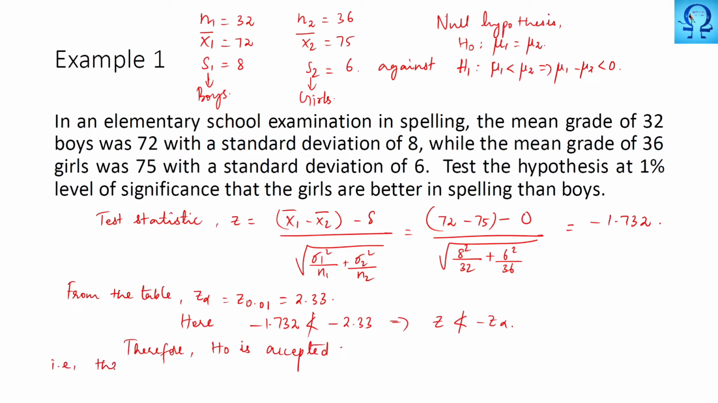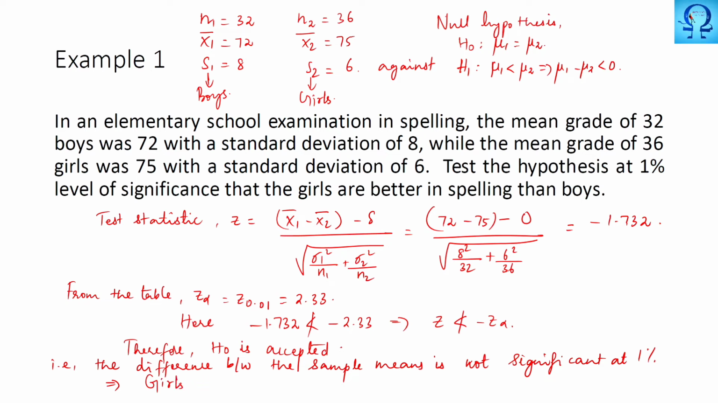That is, the difference between the sample means is not significant at 1% significance level. So we come to the conclusion that, let me put it in other words, we cannot conclude that girls are better in spelling